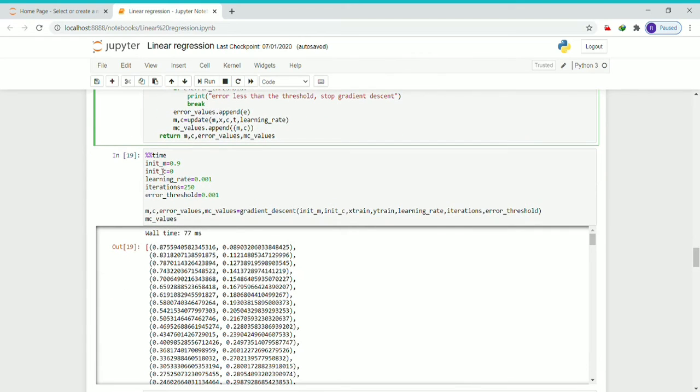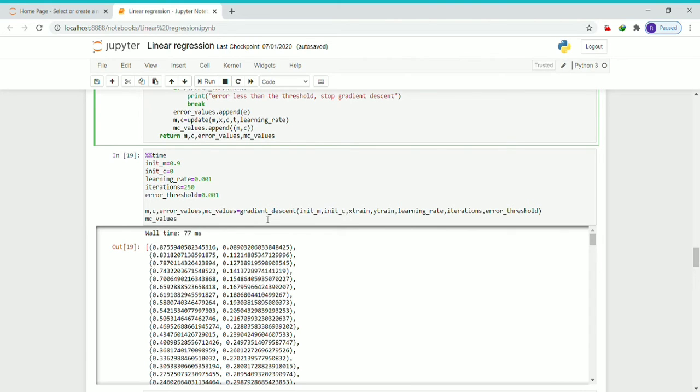Now we have set the initial value of m equal to 0.9, the initial value of c equal to 0, the learning rate equal to 0.001, iterations to 250, and we have set the error threshold to 0.001.